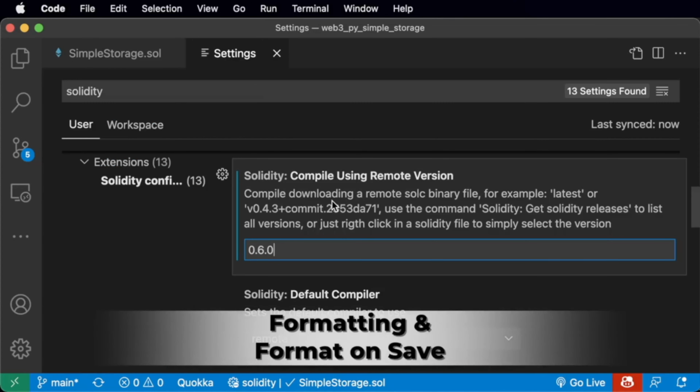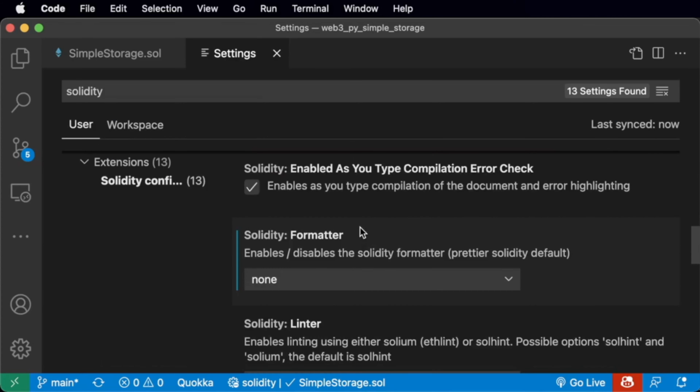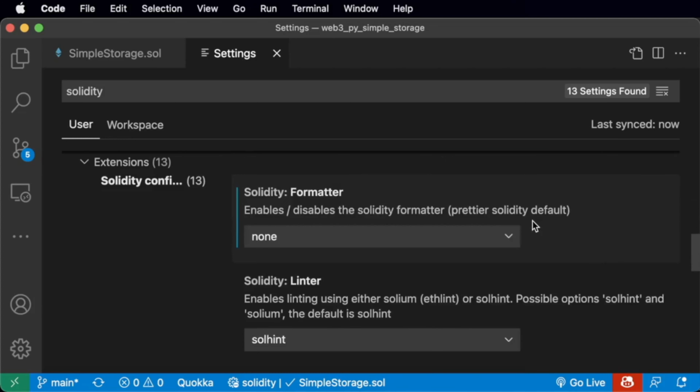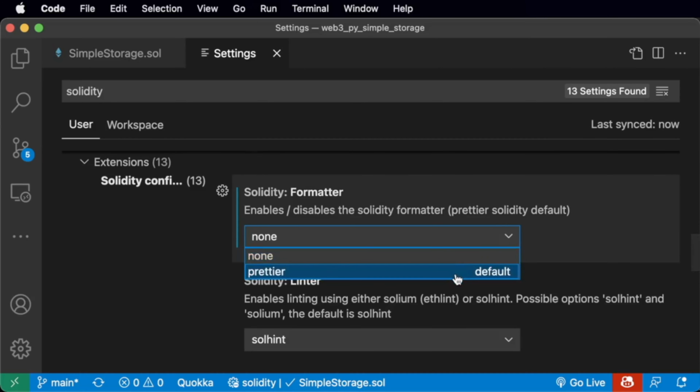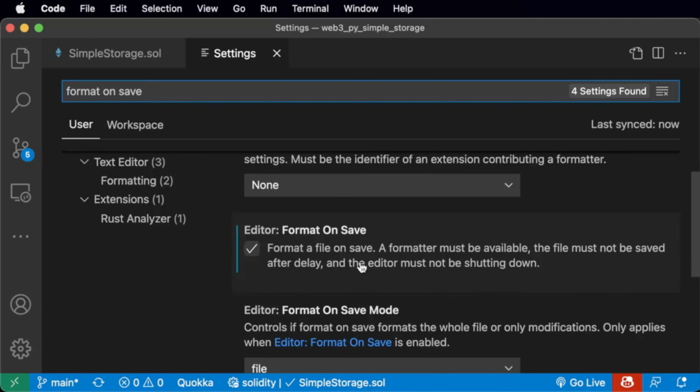While we have this up, another really helpful piece that we can do here is we can add what's called a formatter. So if we scroll down to Solidity Formatter, you'll see that this enables/disables the Solidity Formatter. We can go from none to prettier. Then we'll also look up format on save, and we want to make sure we have this editor format on